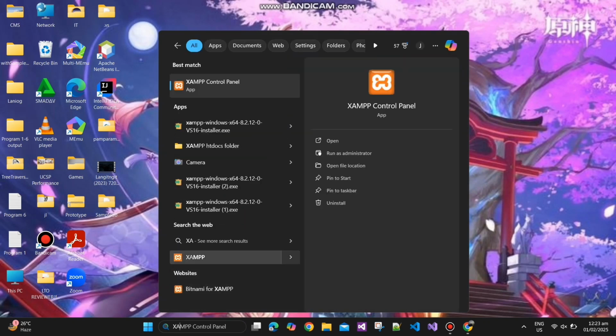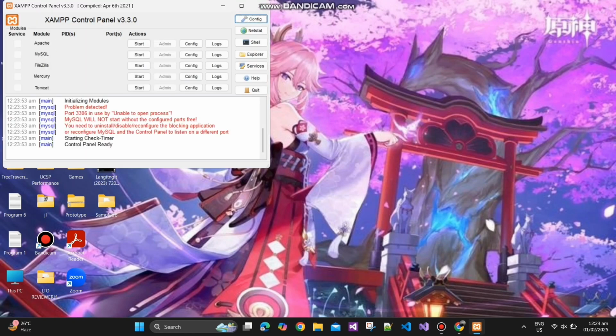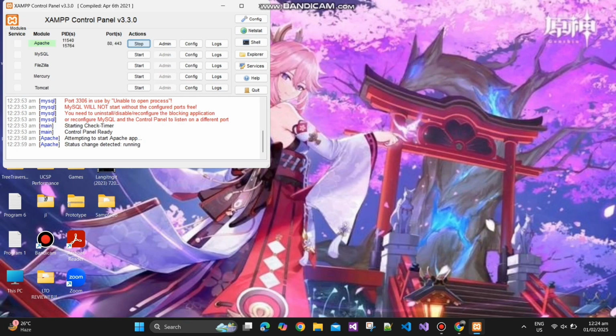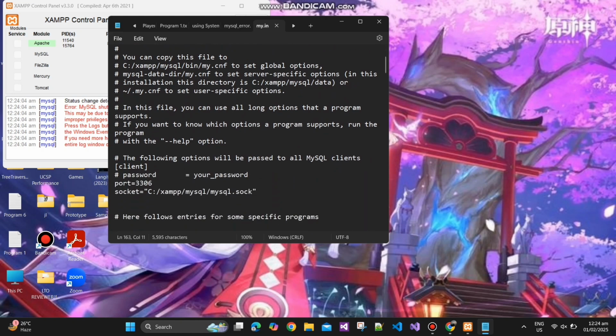Launch the XAMPP control panel. Click Start on the Apache and MySQL. If MySQL is not working, click on the config and then scroll down.